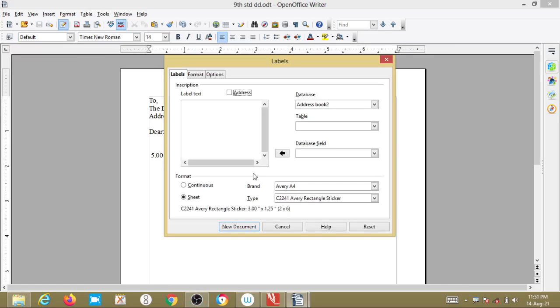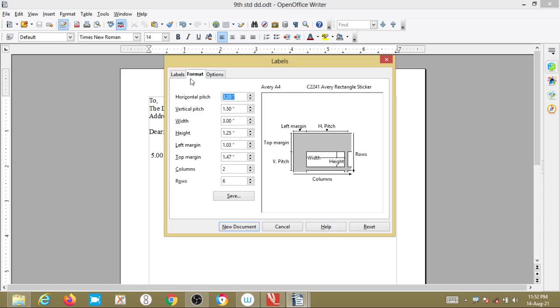Okay. If you want to make any changes to this size, then go to format. Here the default size they have specified, that is the horizontal pitch and vertical pitch. You can change this one. Okay. Here the dimensions will be visible. This is the width, this is the height. If you change this size, okay, it has changed here.